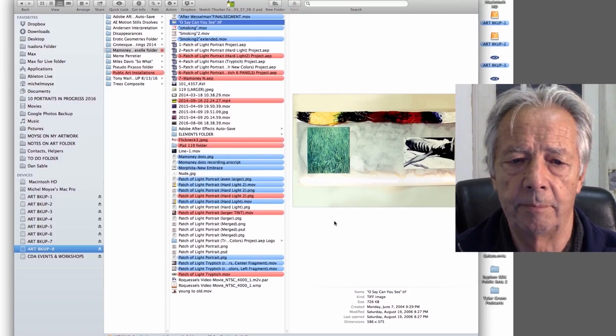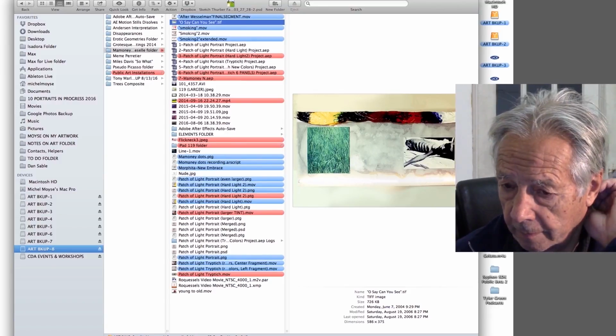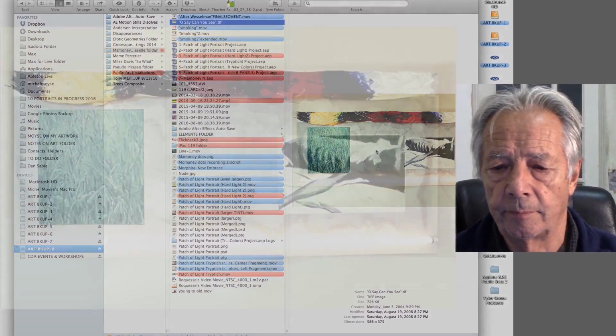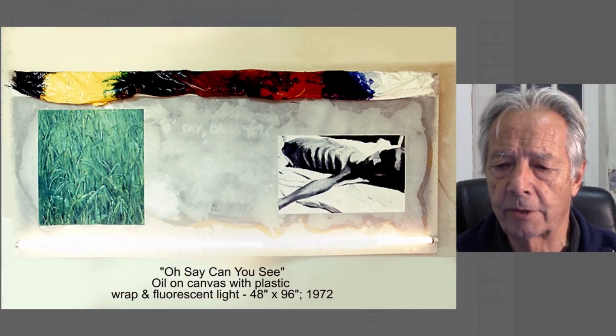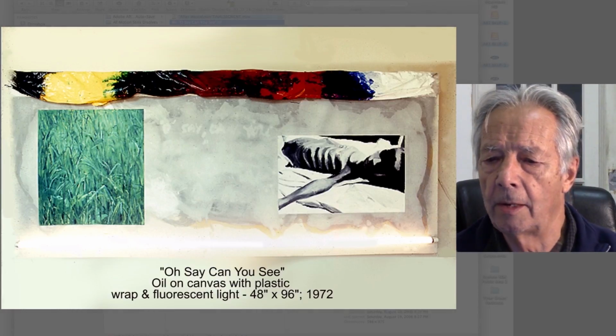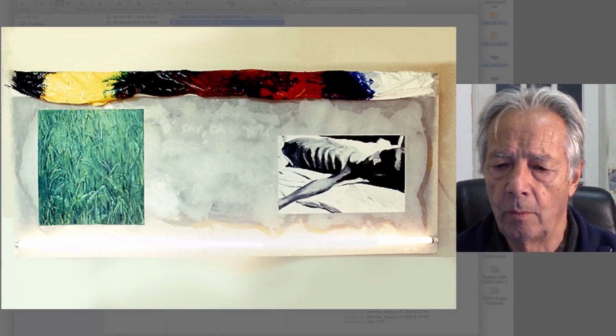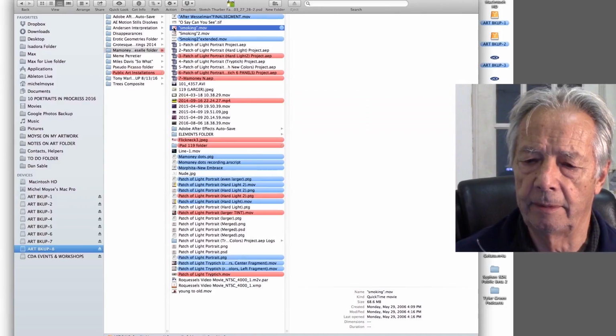This is, I thought maybe that I might use some of my older paintings. This I did in the 1970s, I think 71 or 72, on oil on canvas with plastic and paint on top, and